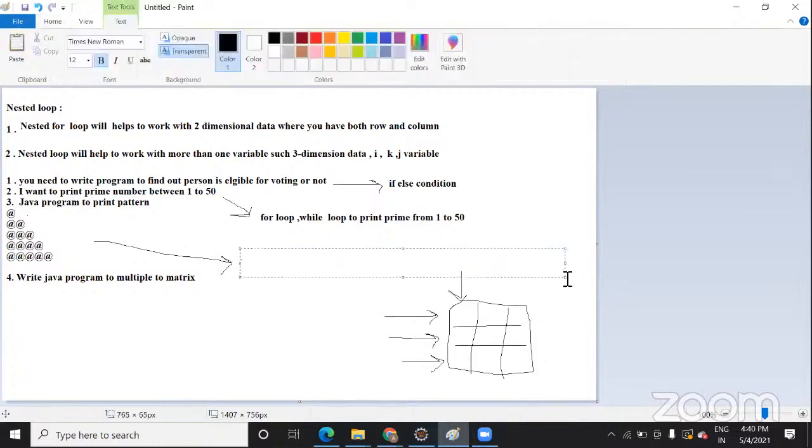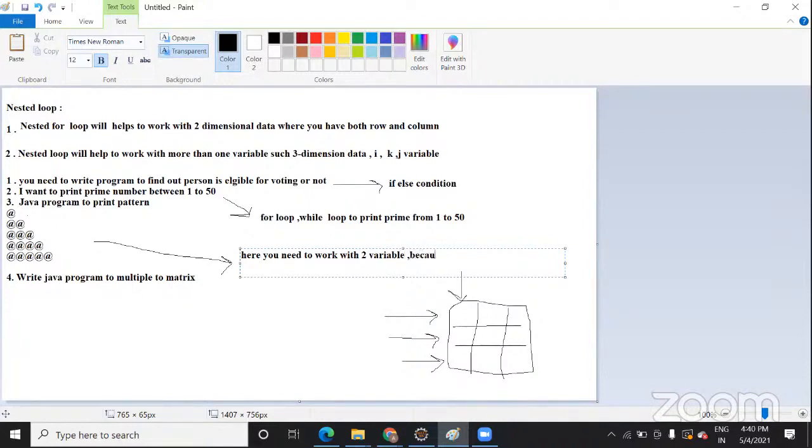I'm adding explanation also, so just by looking into these notes, you can recall it anytime. Here you need to work with two variables. Why?